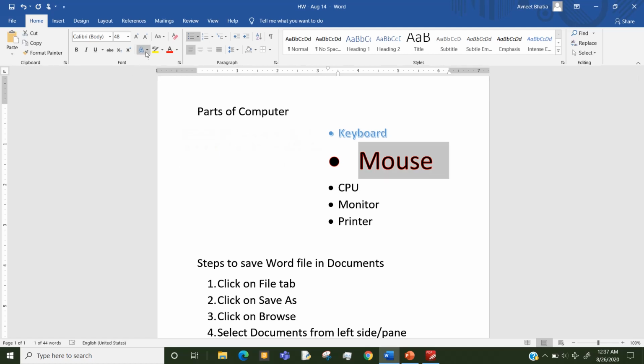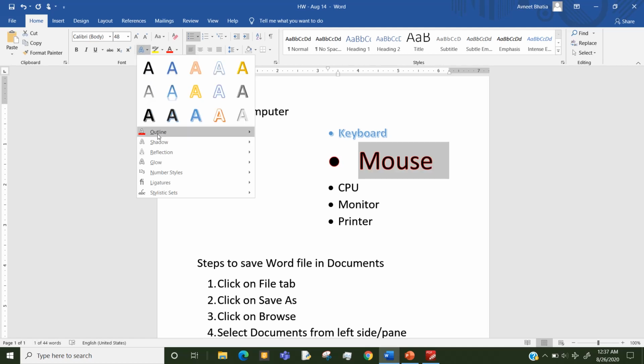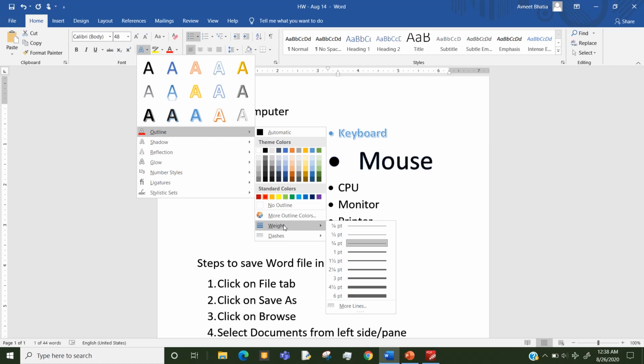So I'm selecting, go back to the same text effects outline and below your colors you have this weight option. Weight means thickness. See, if I increase the thickness, you can see the red color is becoming more prominent, means more dark and thick and visible. So whatever size you like, you can keep it. I am keeping this one.